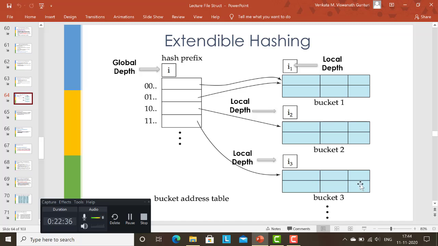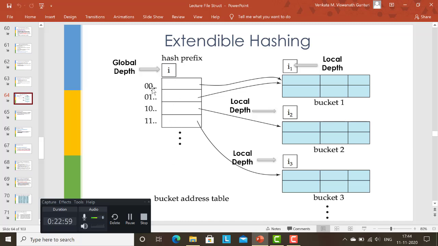Now if the overflow occurs in this particular bucket, you cannot increase the local depth anymore, right? You have already maxed out. The local depth over here is equal to the global depth over here, right? So now if there is an overflow over here, what you have to do is increase the global depth itself,